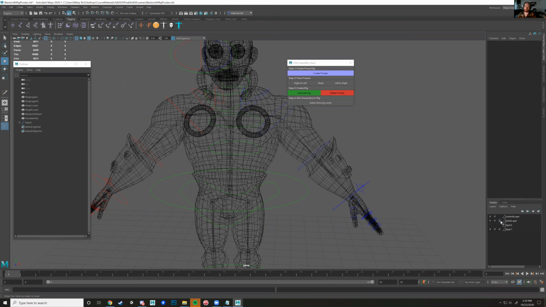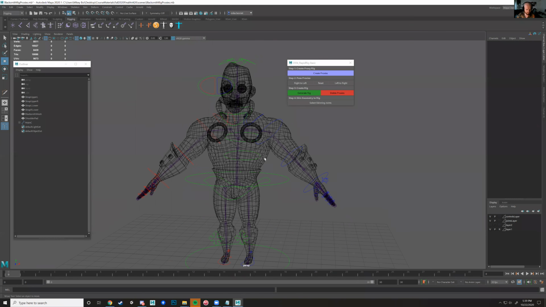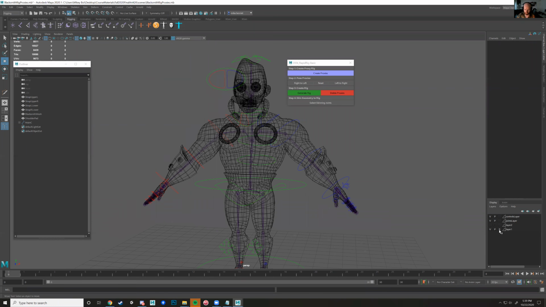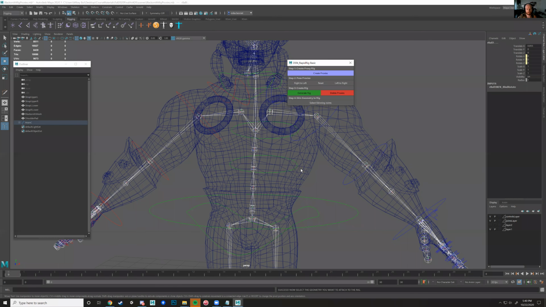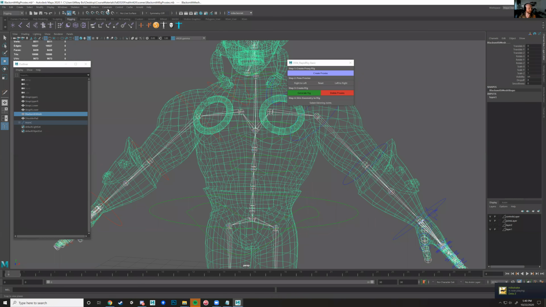But we need to bind the skin to the character. So if we go in, and I'm going to make this not reference anymore, so I can select it. You can either click the Select Skinning Joints menu icon right here, or you can just select the joints by left-clicking on them. Either way is going to work. And then if you shift-click your character,